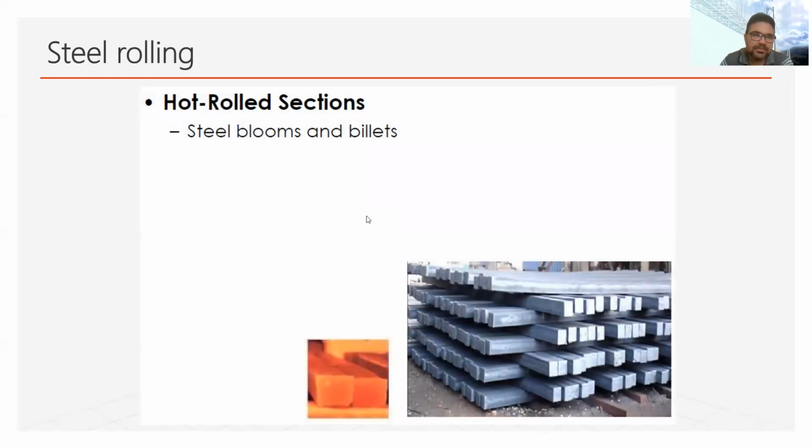Now the next process after the casting, once we get the bloom or billets, is called rolling, or one can say hot rolling. In hot rolling, what happens is these billets, which are basically semi-finished products, are converted into desirable steel sections using the rolling process. So they are basically heated at 1200 degrees Celsius, and then